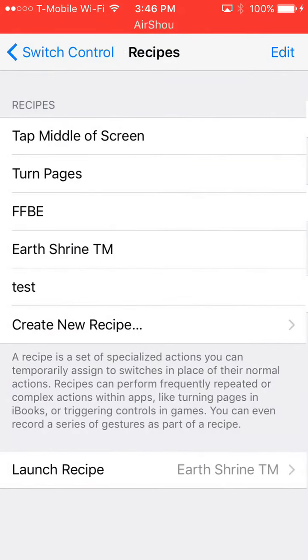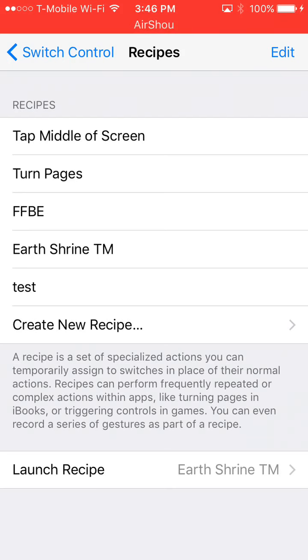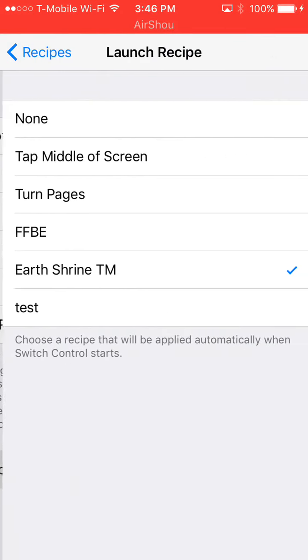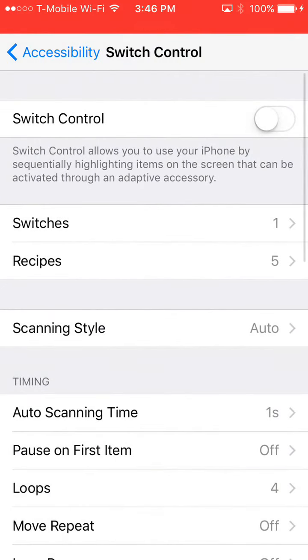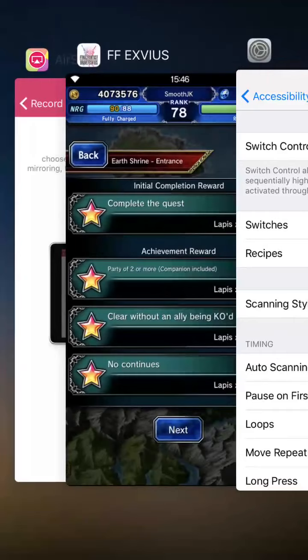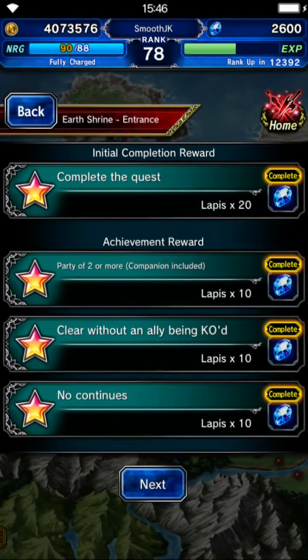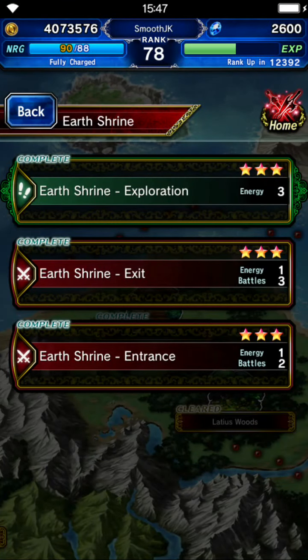And then I'm going to go back to recipes, change the launch recipe to whatever you want to activate when you triple tap the home button. So now it's all set up. Now what I'm going to do is go back to the game and show you guys what happens when you activate it. I'm going to triple tap,